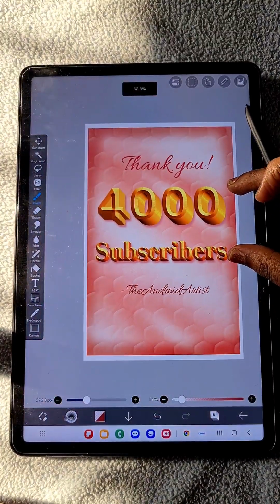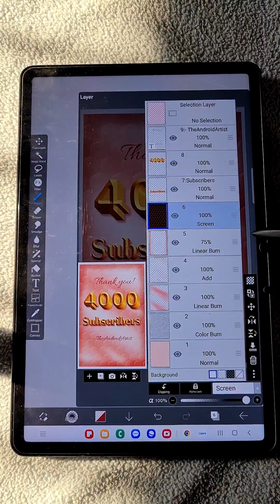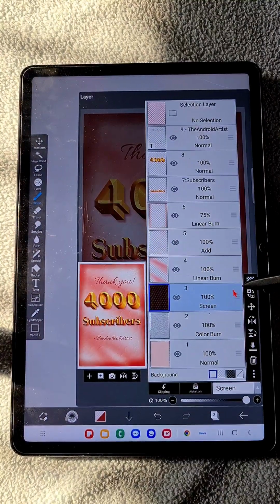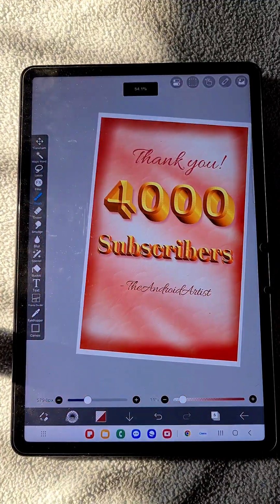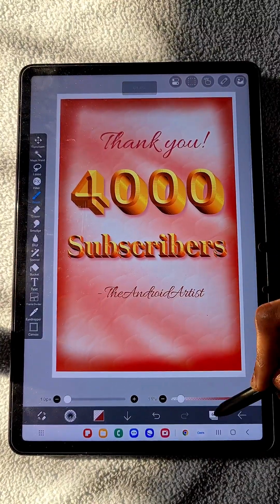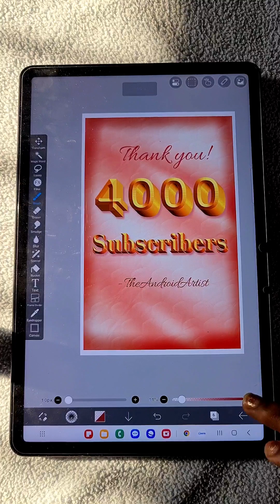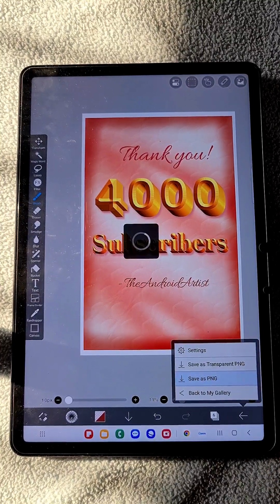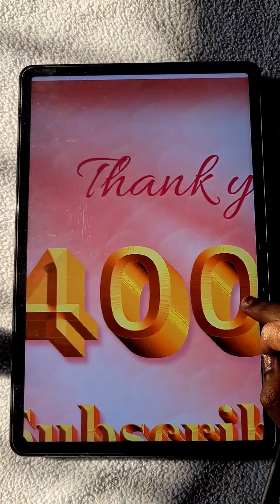Again moving back to the screen blending mode. Okay, this looks good. Now change the position again and look out for where it looks better, till you feel satisfied. Okay, now it's okay. I'm going to save this as PNG, and this is the thank you for you, my 4,000